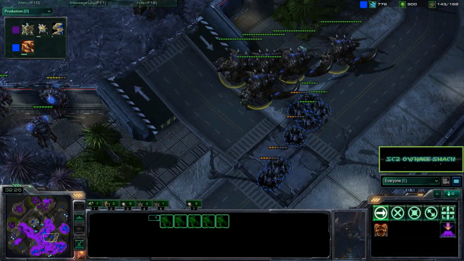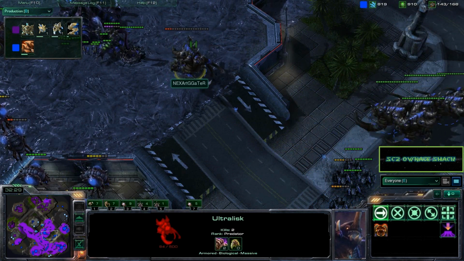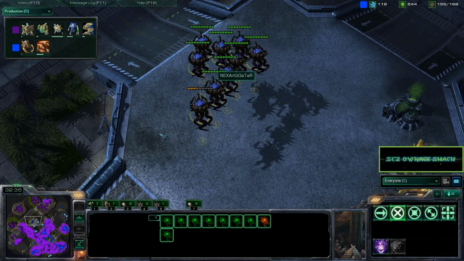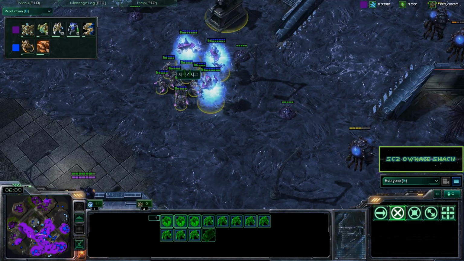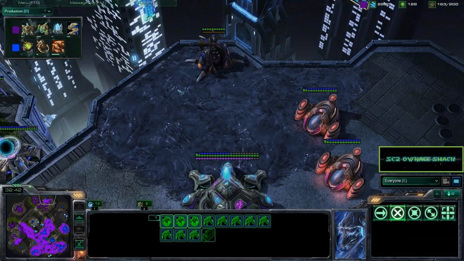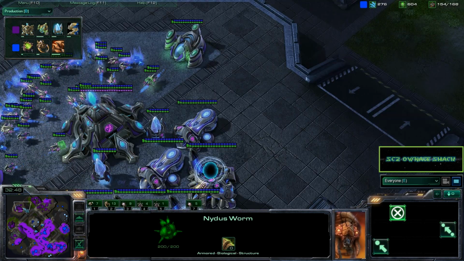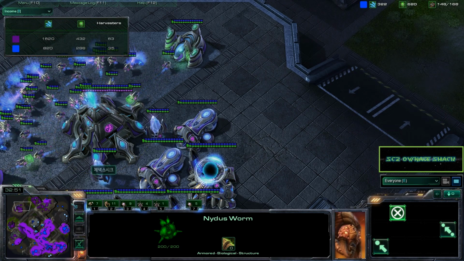Now the extra Ultralisks are out, but imagine if he had 3 or 4 more at this point. That would be a very, very threatening army. Corruptors are still over here, and more units. I can't even keep track anymore. This Nydus Worm has not even been cleaned up yet, and it's actually turned into a low econ game. We can see Protoss only